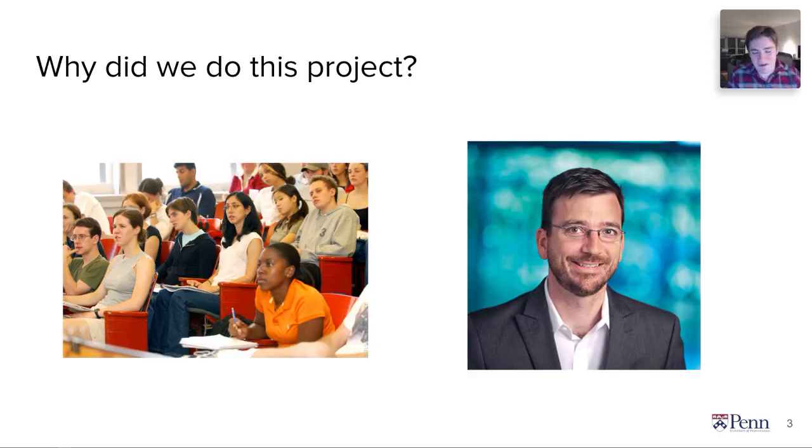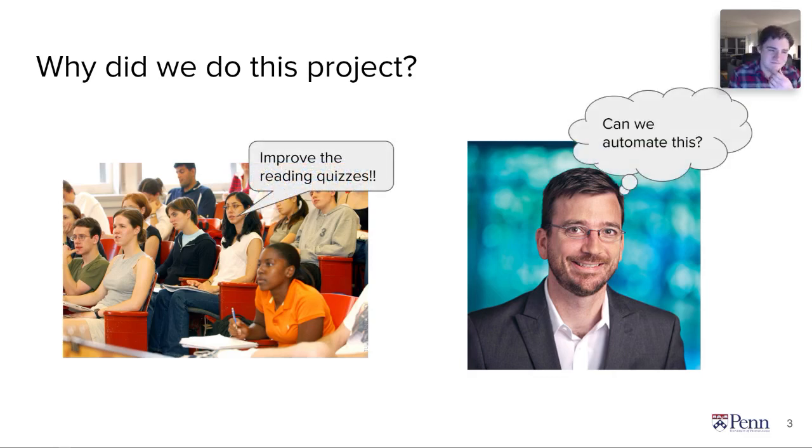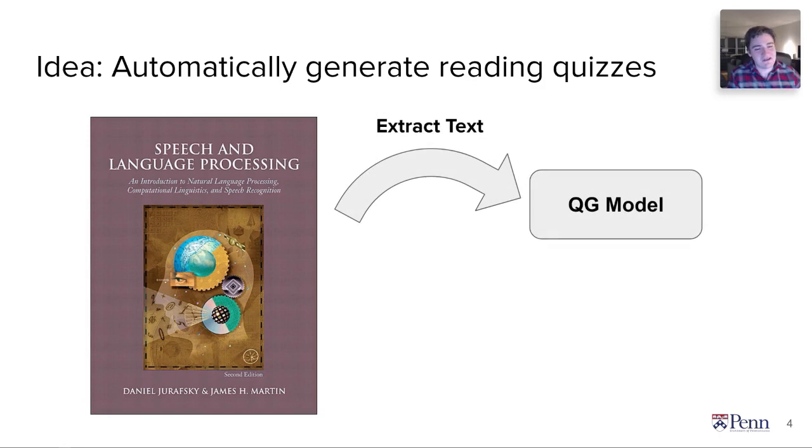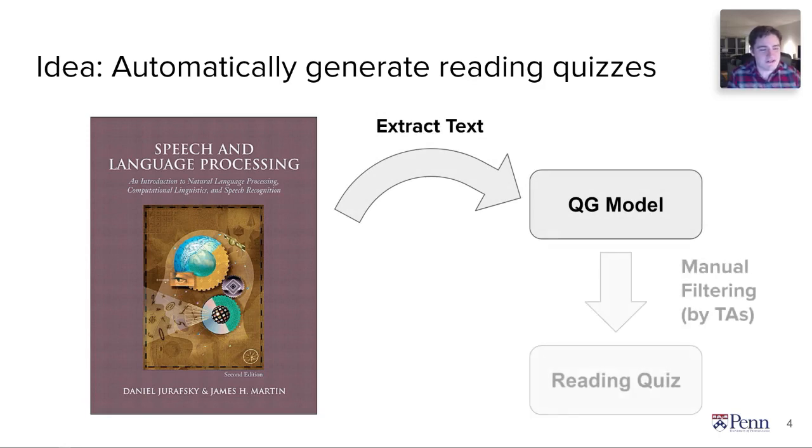What is our paper about? This project came from the fact that my advisor had to teach a class full of students, and they gave us feedback to improve the reading quizzes. And my advisor thought, can we automate this? And so we did. Our idea was we took the textbook, extracted the text from the textbook, passed it through a model that generates questions, and then we would have questions that we could filter to create our reading